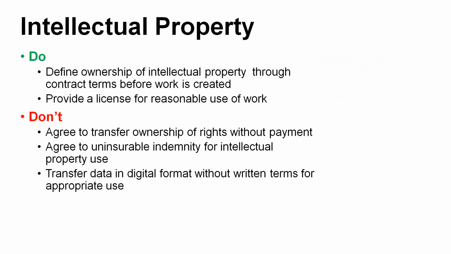Anytime we're dealing with intellectual property, we want to make sure that we have contract terms that define specifically how this is addressed, that take into account the particulars of this project. It is good to provide a license, not necessarily ownership of the copyright or the documents, that provides for reasonable use by subcontractors, permit officials, and others to construct the project, but not beyond, and that should be defined in the license provisions. We want to avoid agreeing to transfer ownership, especially without even receiving payment.